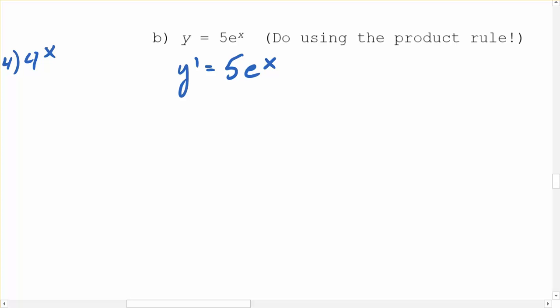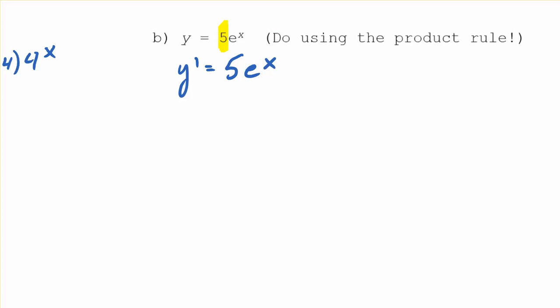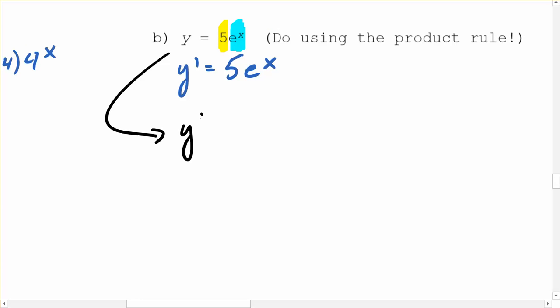But let's use the product rule. Do you see two functions? I do. What's the first function? 5. Exactly. The first function is 5, and the second function is e to the x. Let's do the product rule. Should we end up with the same thing? Yeah. What's the derivative of 5? 0. 0 times e to the x plus the derivative of the first times the